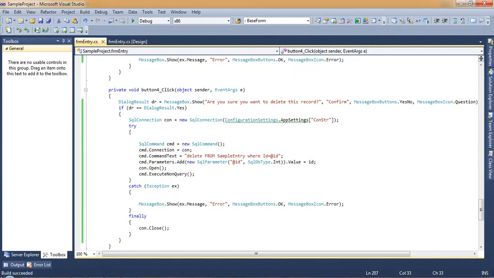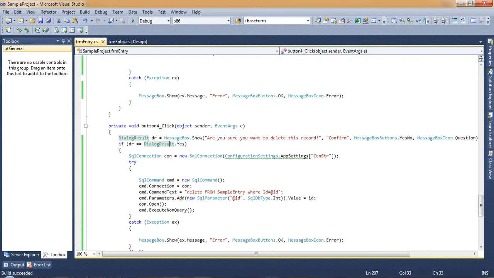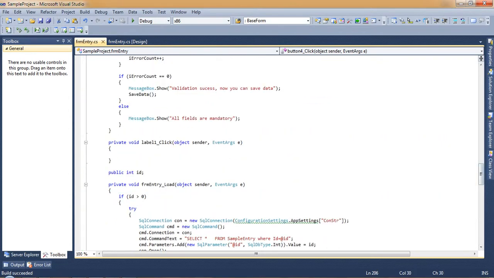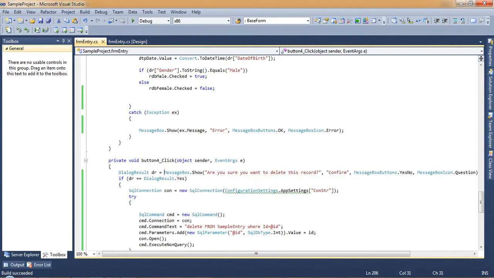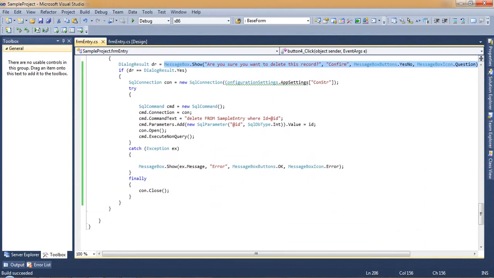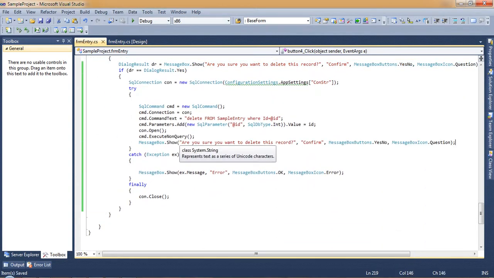After the data gets deleted, we'll give the message that data deleted successfully. So here I will write "Data deleted successfully."